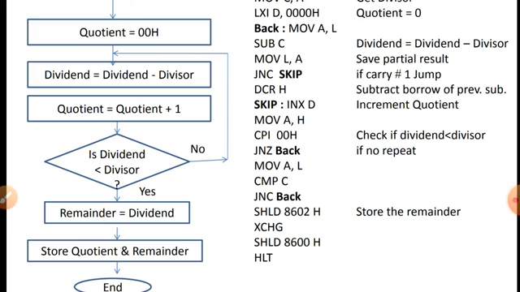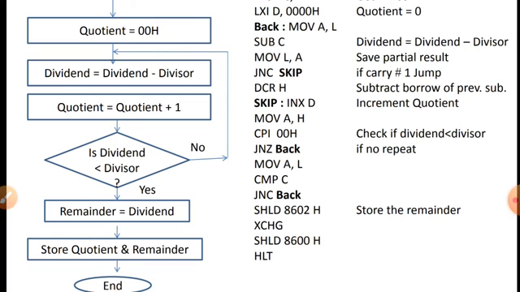एक समय ऐसा आएगा जबकि HL पेयर में L की वैल्यू तो कम होगी, H की भी वैल्यू कम होते होते 02 से कम हो जाएगी. इसीलिए हमने H रजिस्टर के कंटेंट को एक्यूमुलेटर में डाल दिया है और इसको 00 से कंपेयर कर रहे हैं. हम ये चेक कर रहे हैं कि कहीं ऐसा तो नहीं कि डिविडेंड की वैल्यू डिवीज़र से कम हो जा रही है. अगर ऐसा है तब तो हम आगे बढ़ जाएंगे,